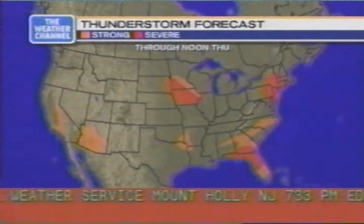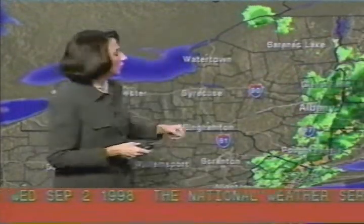Let's take you first on into the northeast, where we've been watching a line of fairly intense thunderstorms working their way southeastward across southern sections of New York State, into Connecticut, through parts of New Jersey, and then down into eastern sections of Pennsylvania. And we've had a couple of warnings out. One warning for Middlesex County here, just south of Newark. That'll be expiring soon as that thunderstorm continues to move off toward the east-southeast and should be out over the